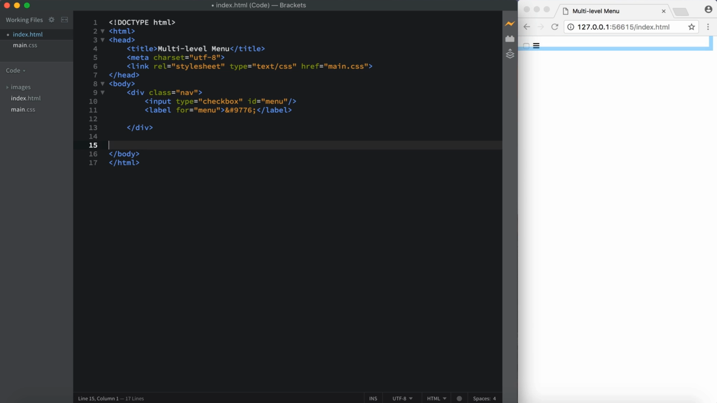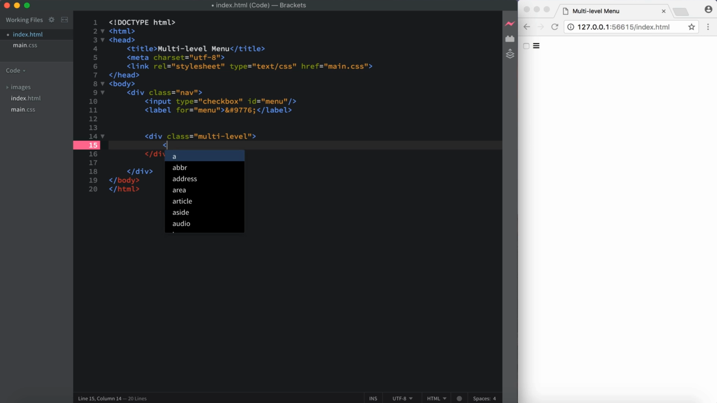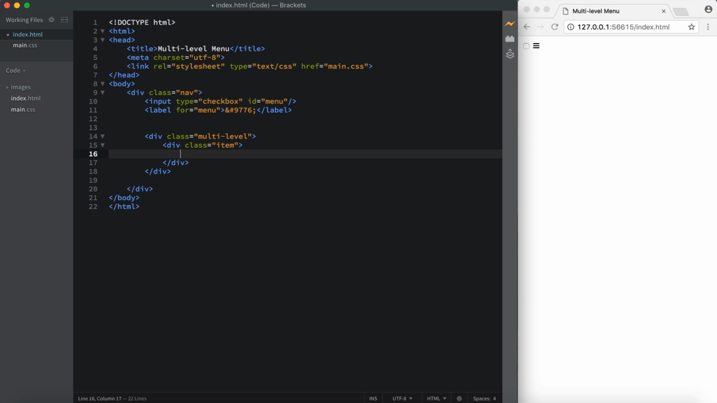So inside of that div, we also need to start with our elements that's going to be dropping down. So I'm going to create another div with a class of multi-level, and inside of here is going to go each one of our div tags for our drop downs. So I'm going to give this one a div class of item. So we're going to create multiple items, and inside of each one of these is going to be our first level of elements. So in item 1, I'm going to create another input